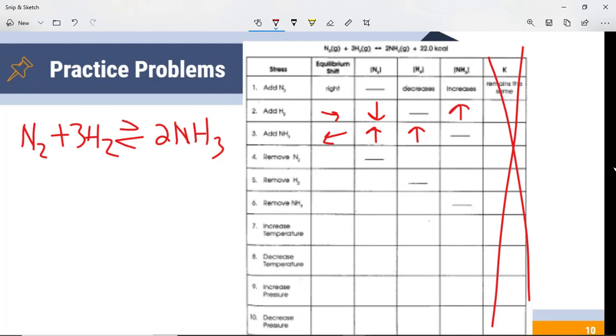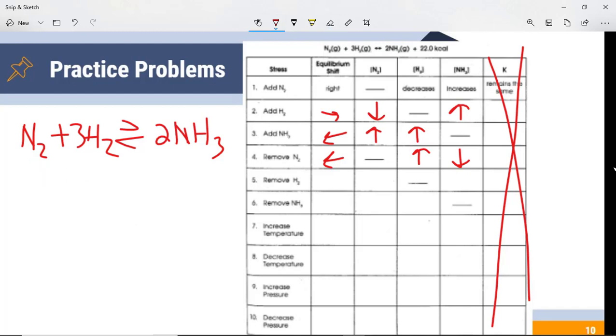Again, if we remove substances, it shifts the direction in which it is removed. So if I remove N2, equilibrium is going to shift to the left. H2 is then going to increase, and NH3 is going to decrease. Okay. If I remove H2,